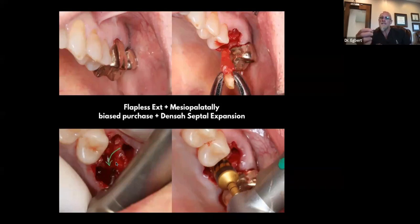You have to anticipate that this septal bone in this trifurcation, radiographically anyway, is going to expand. And where is it going to expand? It's going to expand and enlarge into the path of least resistance, which of course would be the palatal root and the distal buccal root. So one of the keys in starting these is to start with a palatal and also mesial bias,